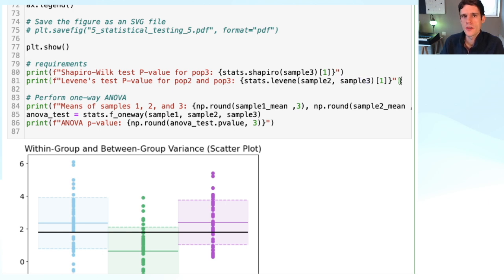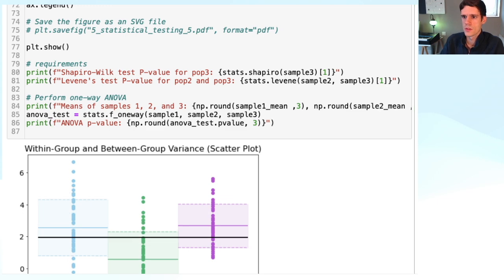And then, of course, comes the statistical test for the actual means. Just for context, we first print all of these sample means, rounded to 3 decimals. And then comes the statistical test, namely the ANOVA test. So we do stats.f_oneway, and we give our 3 samples. And we can store this in the ANOVA test, and to get the actual p-value, we add to it .pvalue. Now we round this number to 3 decimals, and we can print all of our statements. So if we run this cell